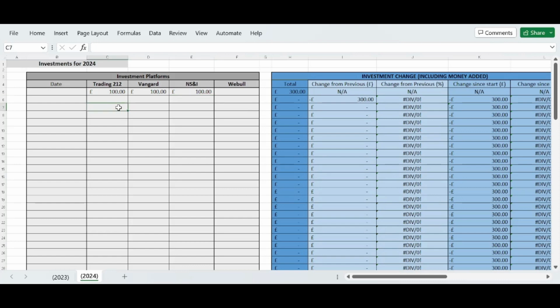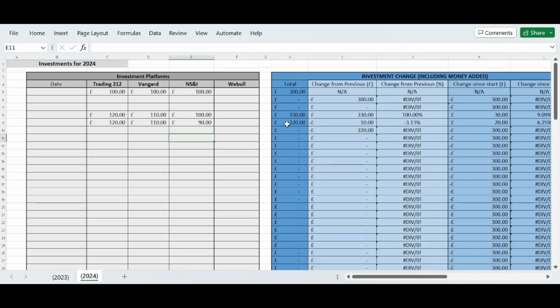And then what we'll do is we'll go here and we'll show, so it's now 120, 110, so it's gain of 20, 10, and minus, we'll go 100 for this one, so it's not changed. Then we'll go 90 on this one, and then 110 and 120. So this then allows us to see, so the change from previous is we're actually up